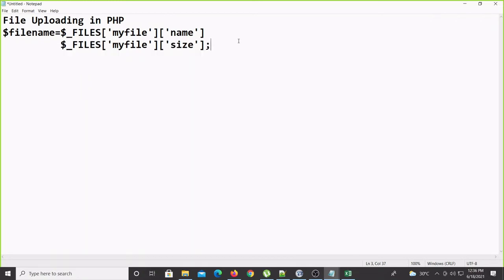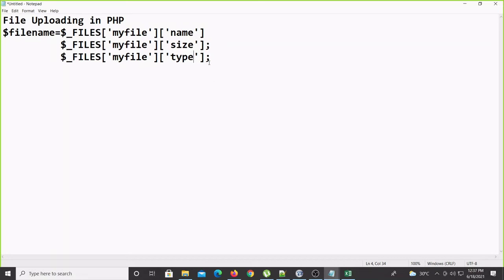In the same way, if you want the type of the file, in that case you can use myfile, and in place of size, type. Clear? In the same way, if you want the temp, whenever you are uploading the file, the file will upload from the temporary file only.